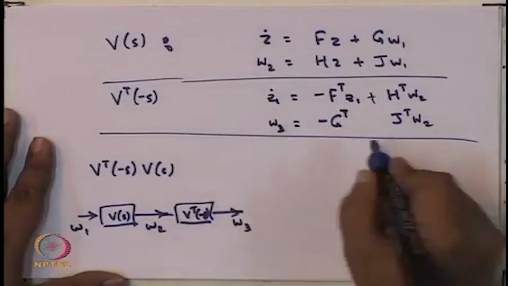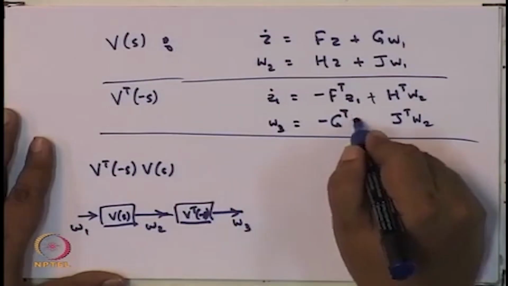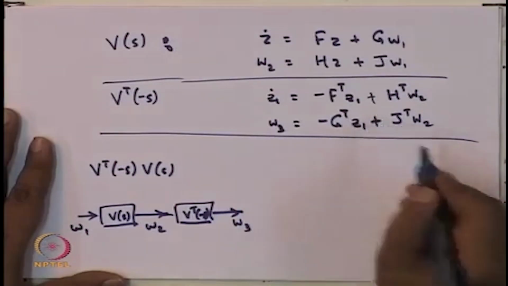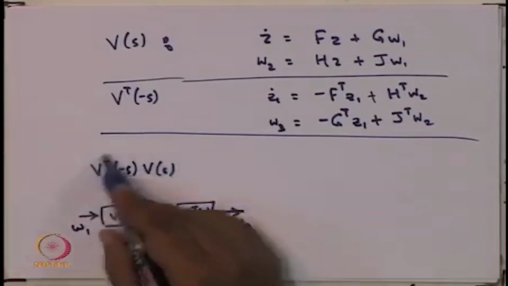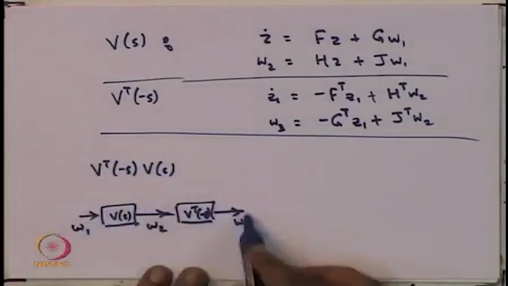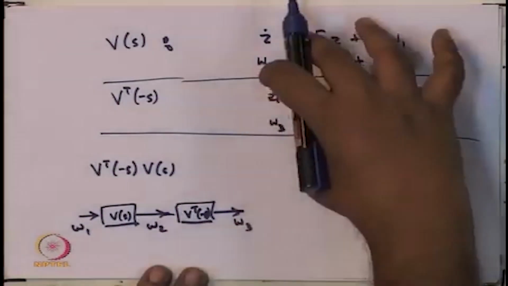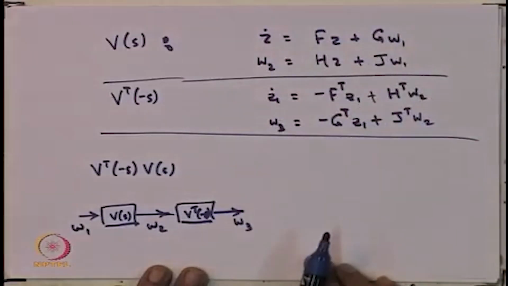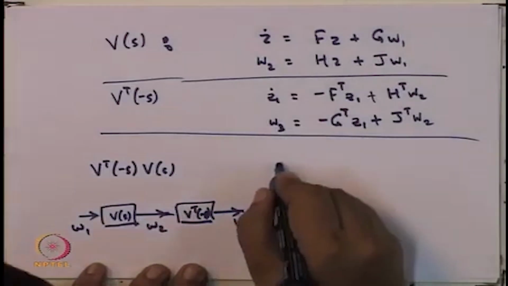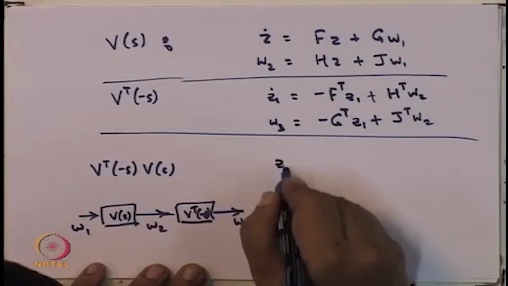So, W3 is equal to minus G transpose Z1 plus J transpose W2. Okay, so now what was there on the right hand side, the next thing, it's a series thing. So, I'll have to put both these state representations together, and I will end up getting a state representation for this thing. And so, the state representation I'll get for this is going to be